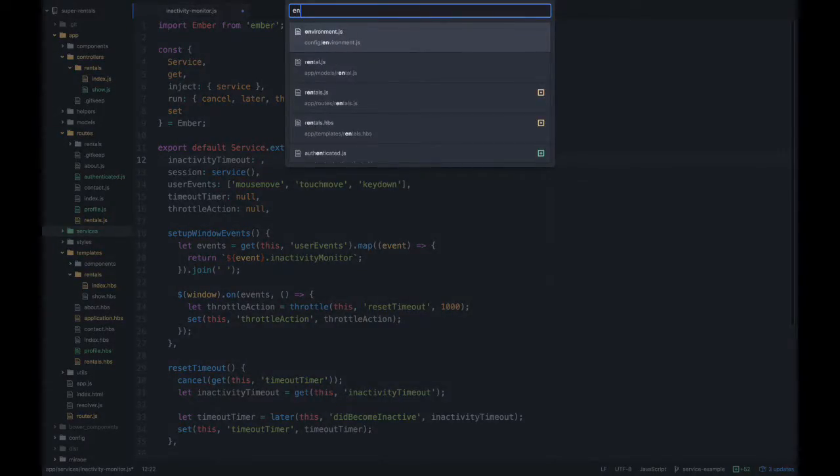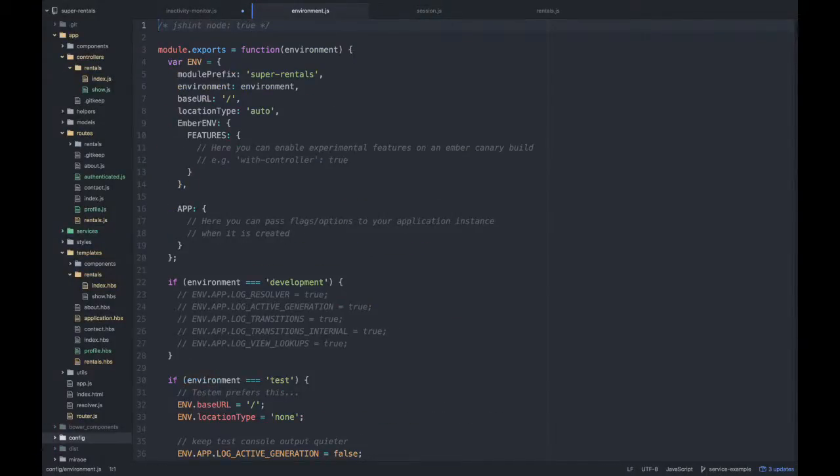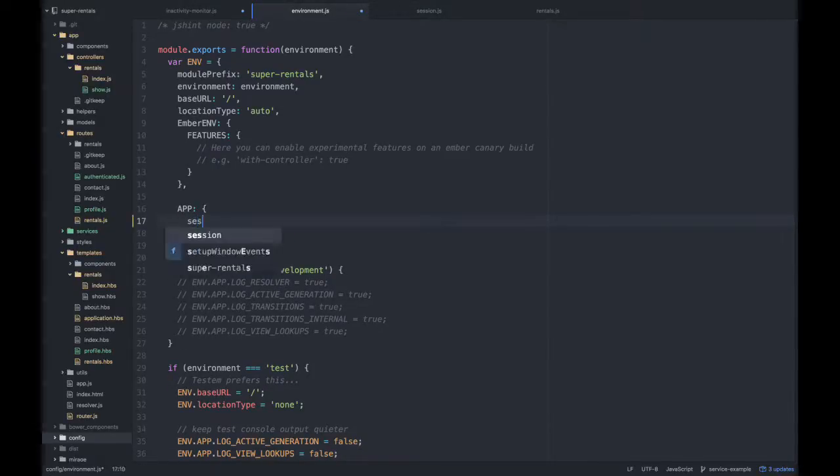So let's pull up our environment file. So within here, we can actually set global properties within our environment. One of the things that we might want to differentiate between is whether the environment is development versus something like a production. So we would set properties here in the app. So in this case, it's going to be a session timeout. That should be 20 minutes, right? That's kind of a good timeout